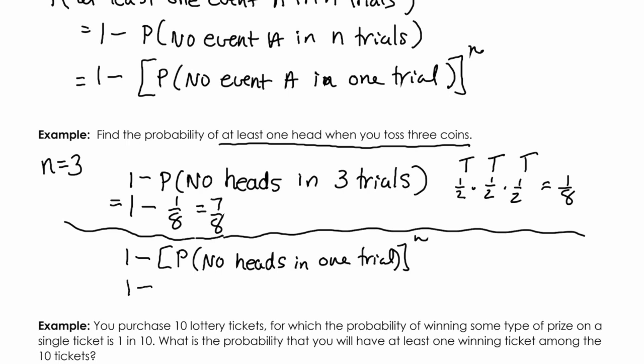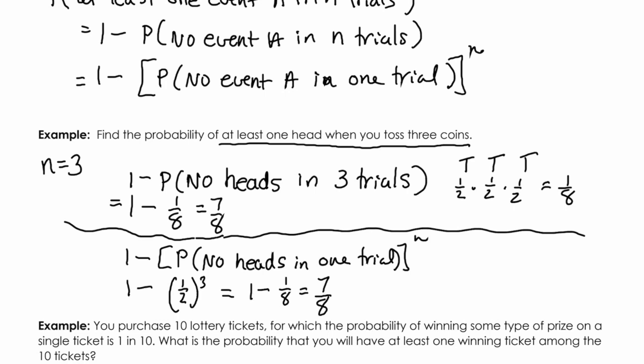If I flip a coin and I get no heads, that means I get a tail. Well, the probability of getting a tail is 1/2. So the probability of getting no heads in 1 trial would be 1/2. And I have to raise that to the 3rd power. So I would take 1 minus 1/8, because 1/2 times 1/2 times 1/2 is 1/8, and I would still get